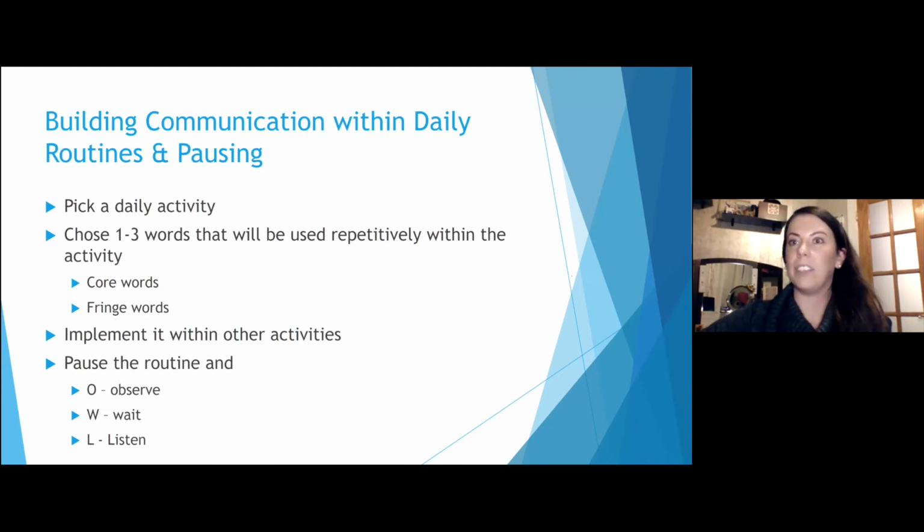So again, you're continuing to do this scaffolding kind of dance and back and forth of, okay, I'm going to do something, I'm going to wait, I'm going to watch, how are you reacting? And now I'm going to either build on it, or maybe I'm going to take a step back because that was too much.